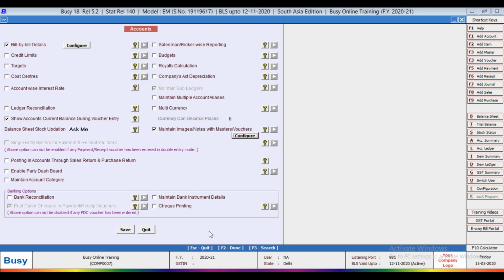So today we have discussed the complete accounting features in Busy software.